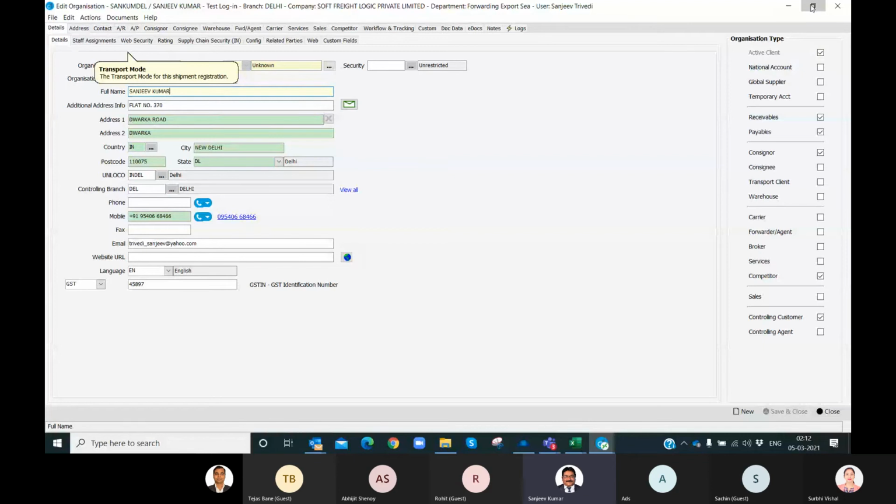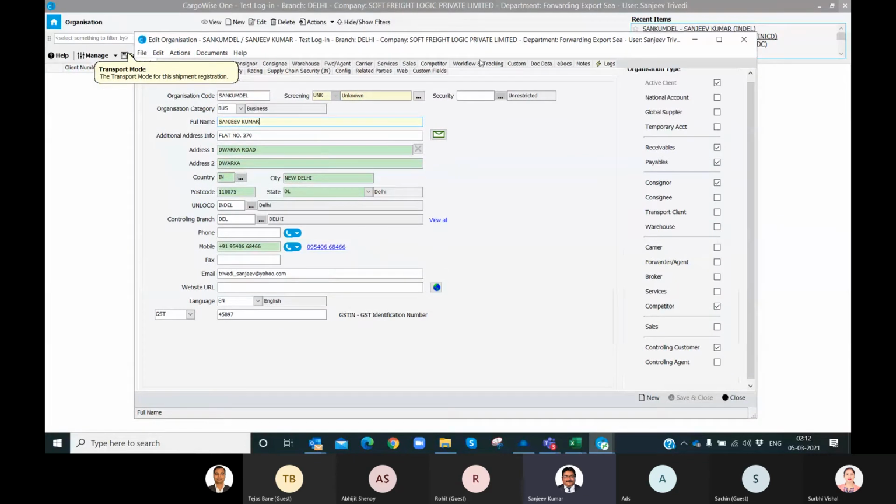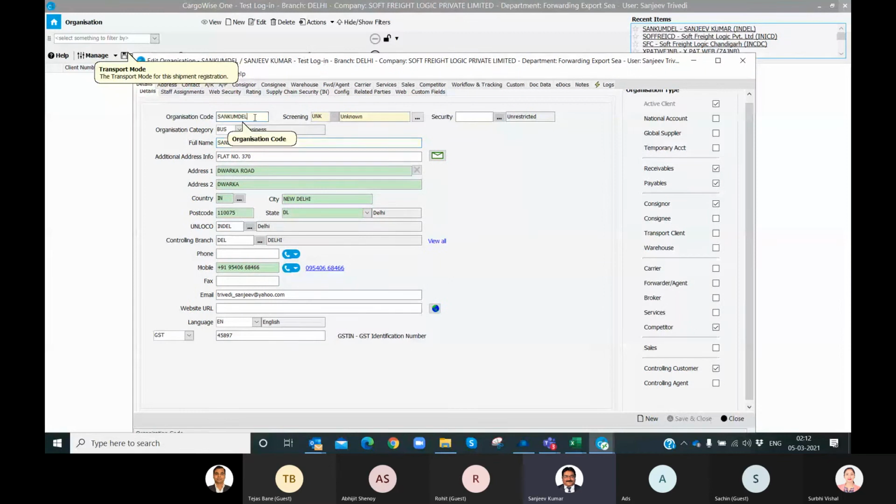You see here, the organization code is SANKUMDEL. If you see, the full name is Sanjeev Kumar. The first three letters of Sanjeev it has taken, SAN. The second word was Kumar, KUM, and DEL it has taken from the UN LOCODE, the last three letters. So this way the organization code is created inside CargoWise.